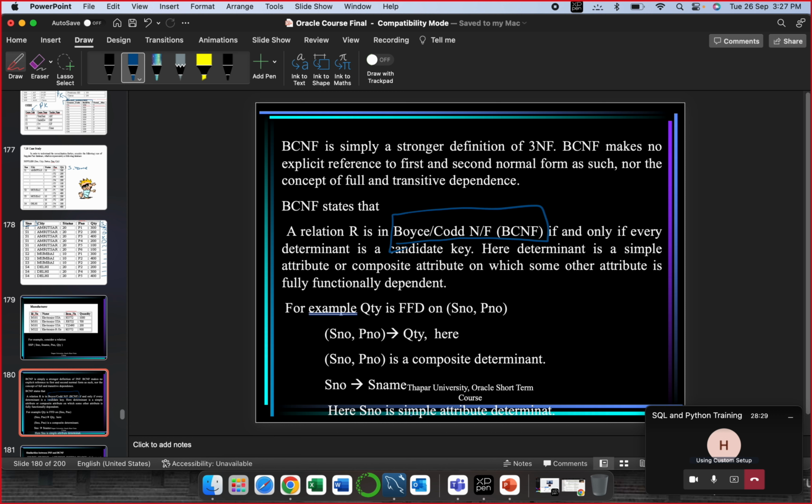Here supplier number is a simple attribute determinant. So in both cases I have supplier number, which is a common determinant for the supplier name, and for quantity I have supplier number, which is constant. This is not changing at all. So it is a simple attribute determinant. Now